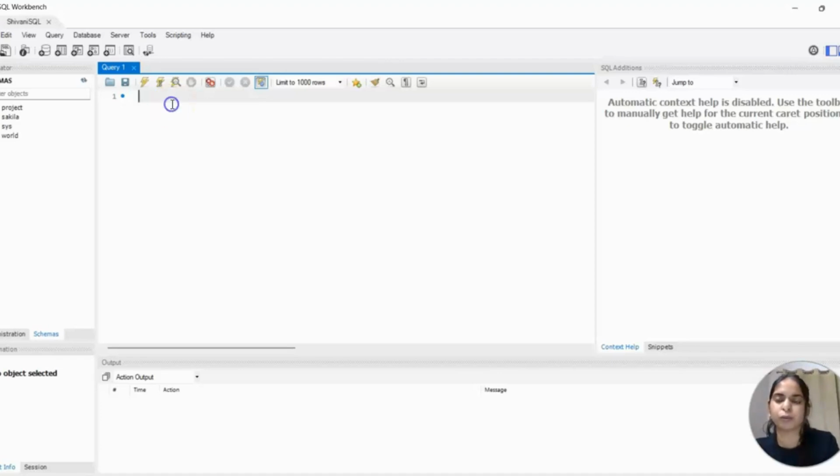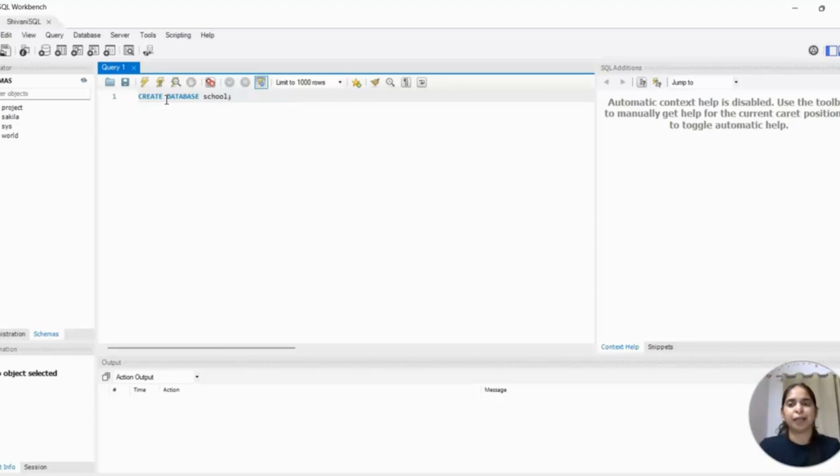For creating a database you have to write a query, that is create database, and then I'm giving the database name, that is school, and then a semicolon.